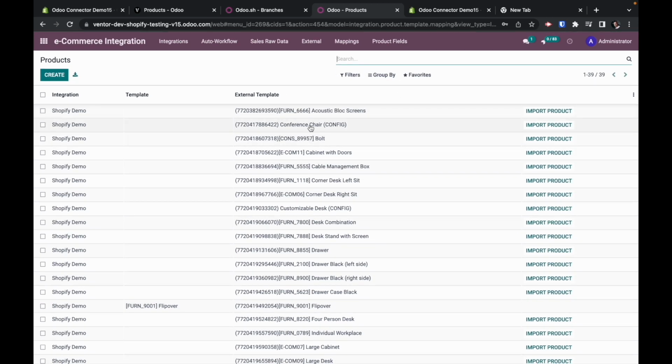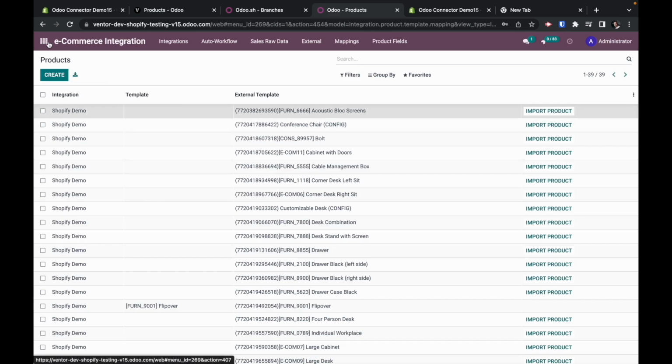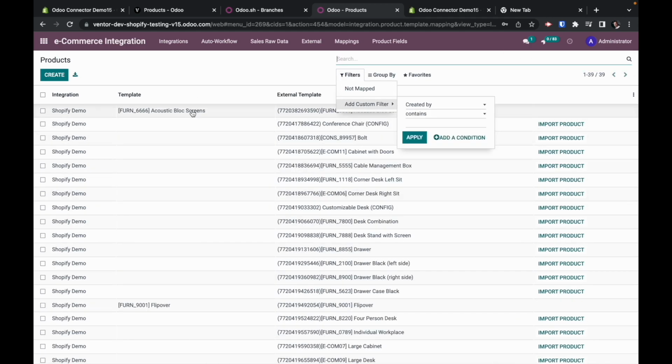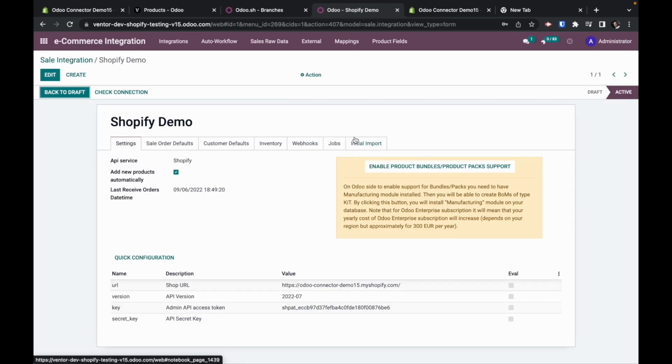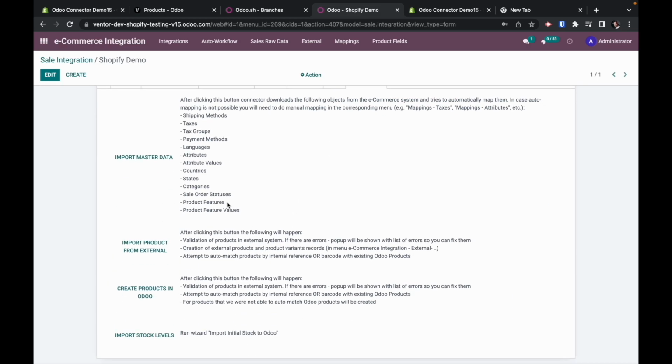Okay, so now what you can do is click import product from this menu, and then automatically this product will be created in Odoo. Or you can go to e-commerce, initial import, and click the mass action, create products in Odoo. So all those products that were not automatically matched